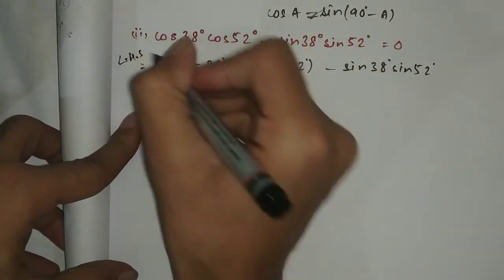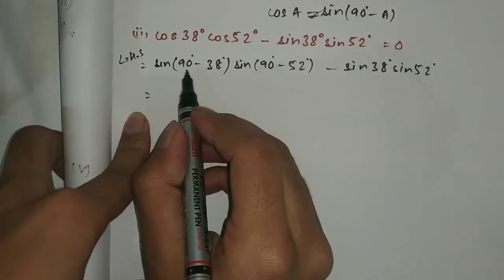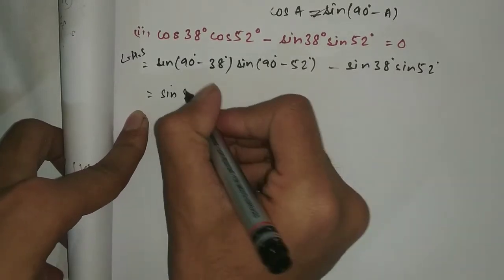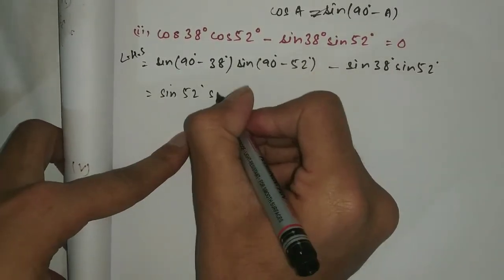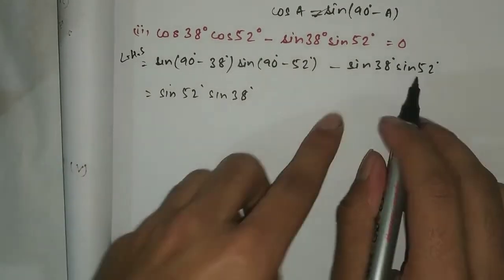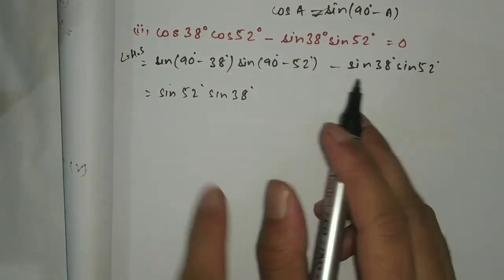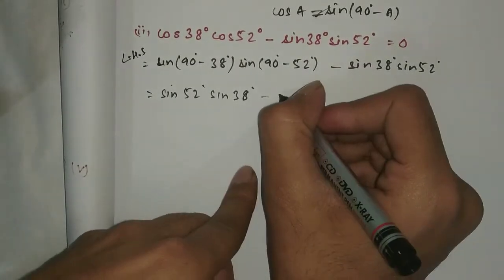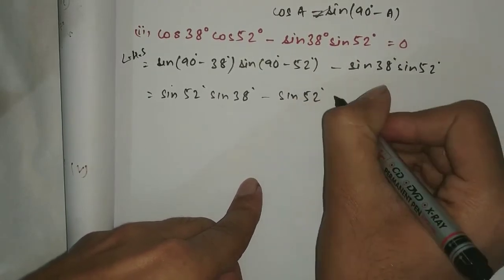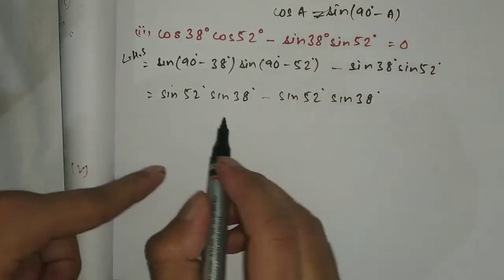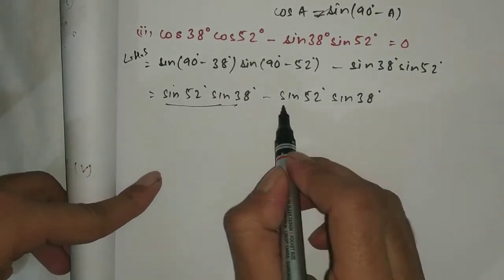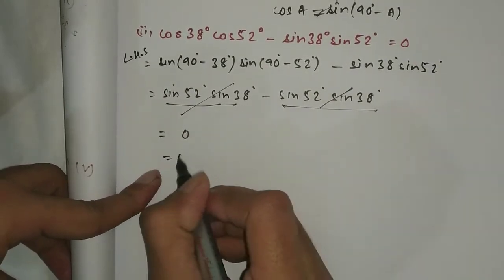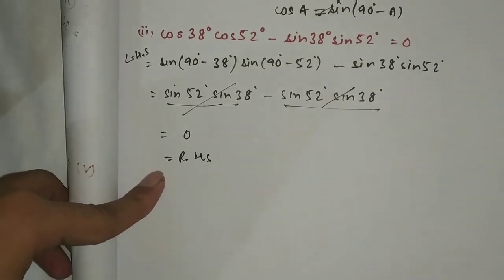This is the LHS actually, and then sin 90 minus 38, it comes out to be sin 52 degree, and it comes out to be sin 38. Now since it is A into B, we can write it as B into A, since multiplication is commutative. So we can write here sin 52 into sin 38. Now we can see that these two terms are exactly the same, identical, so they get cancelled out. So it gives us 1 which is equal to the RHS.